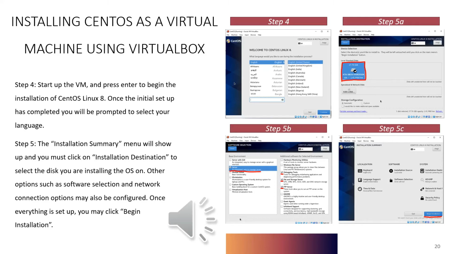Step number 5. After selecting your language, the Installation Summary menu will show up and you must click on Installation Destination to select the disk you are installing the OS on. Other options such as software selection and network connection options may also be configured. For example, if you wanted to set up an FTP server and store files on it, you may want to check the base environment as server or minimum install and select the FTP server, file and storage server, and potentially